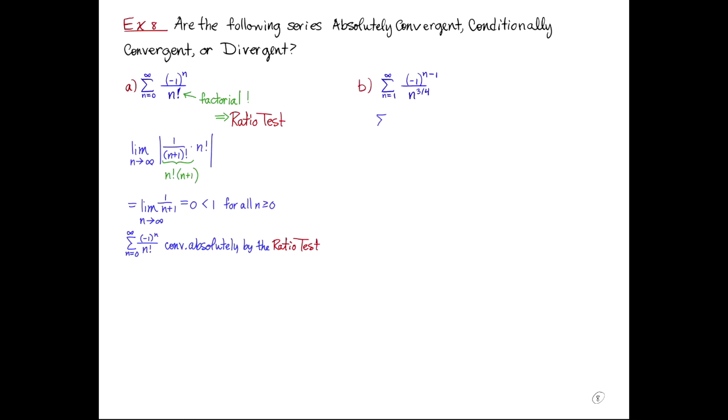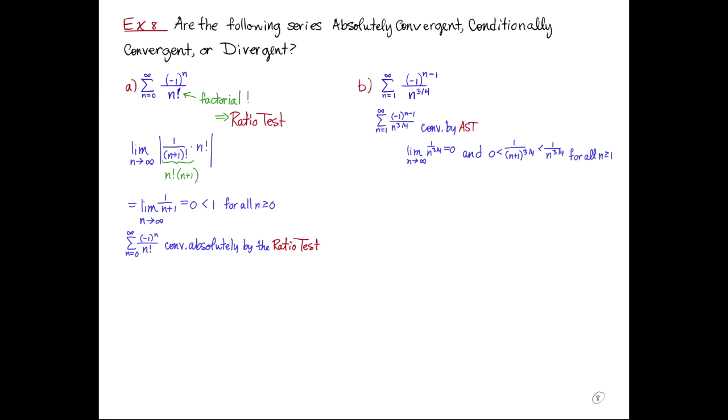The sum from n equals 1 to infinity of negative 1 to the n minus 1 over n to the 3/4 converges by the alternating series test. The limit as n approaches infinity of 1 over n to the 3/4 is equal to 0, and 0 is less than 1 over (n plus 1) to the 3/4, which is less than 1 over n to the 3/4 for all n